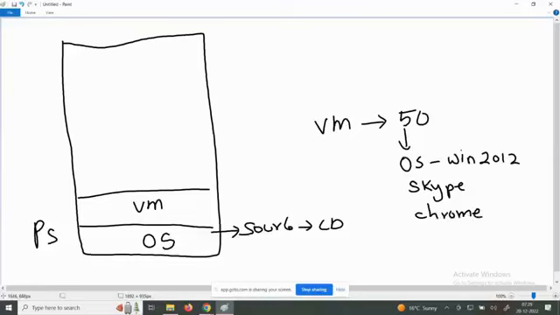In these 50 servers, what should be enabled? So what I want right now, I don't want simple OS Windows Server 2012. I want all the 50 servers to have Windows Server 2012, Skype, Chrome, VPN, firewall. Then what do you do? Tell me. What do you do?